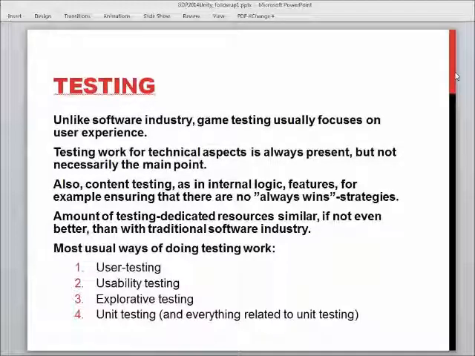With games, you have to do play testing to see that the internal logic and the features of the game actually work, that there's no way for the player to make the game completely irrelevant, or if there is one, it's hard enough to find, or it requires enough labor that it's not obvious, so that players don't find a way to play the game that misses most of the game content. Also,